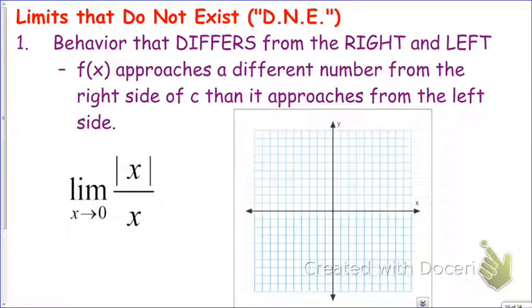Limits do not exist for every single function. We're going to talk about 3 specific examples where limits do not exist. The first is if the behavior differs from the right and from the left as we approach a certain x